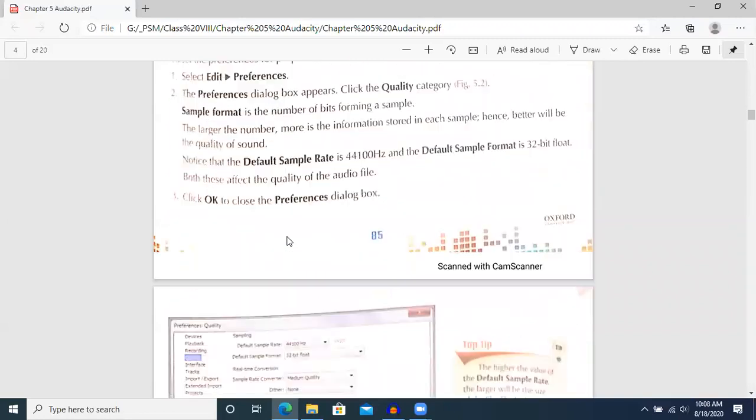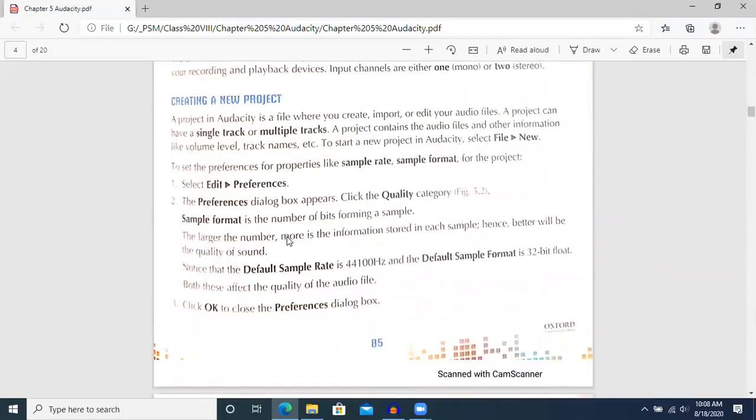Now we see this is given on your page number 85, and page number 85 is about a project, creating a new project. When we take a new project, what happens? Creating a new project. Now this is the thing that you need to understand. Just pay attention over here. Whenever you are going to take a new project,